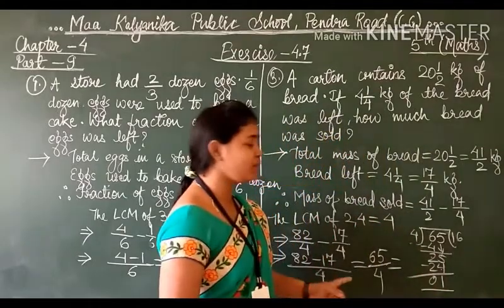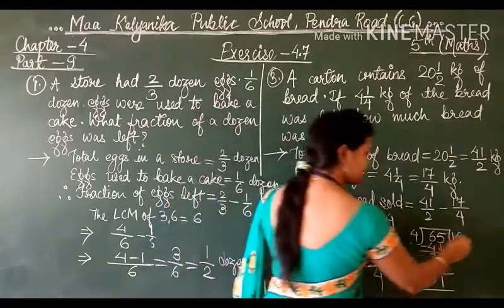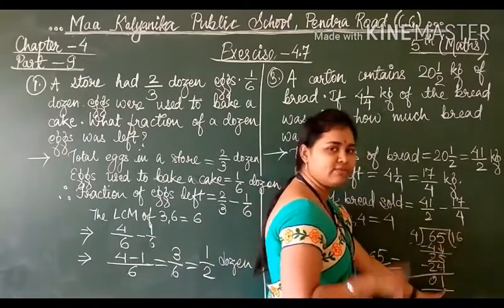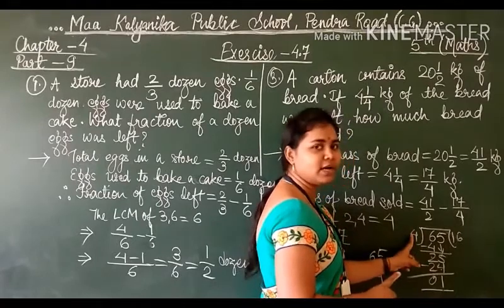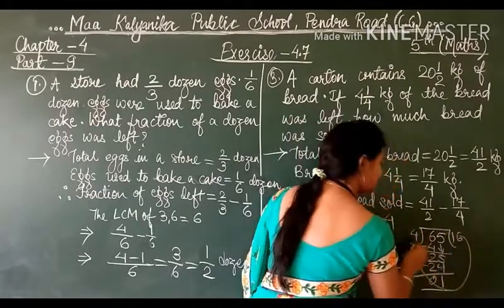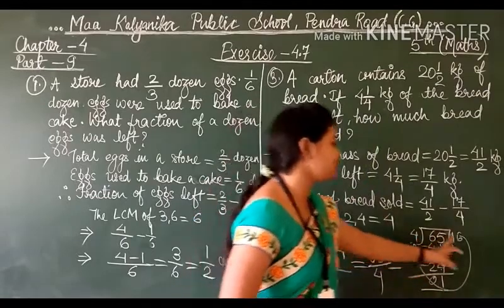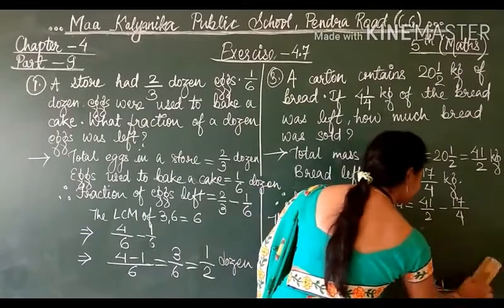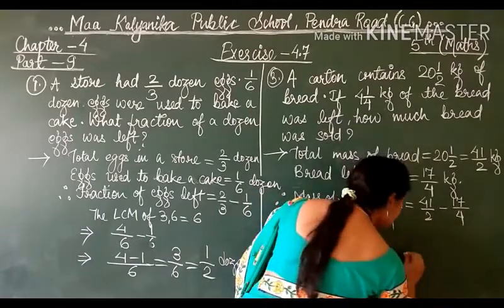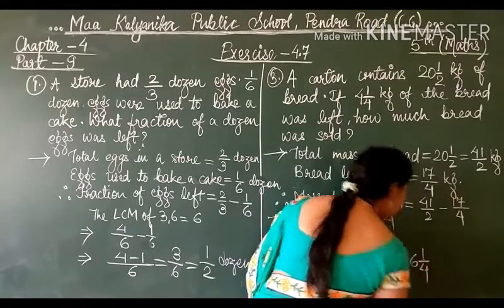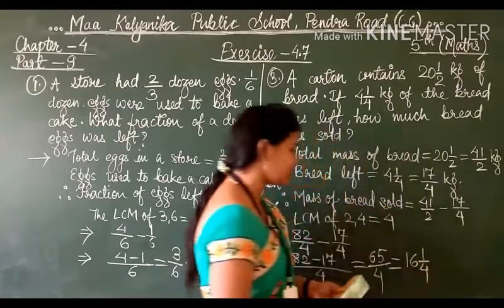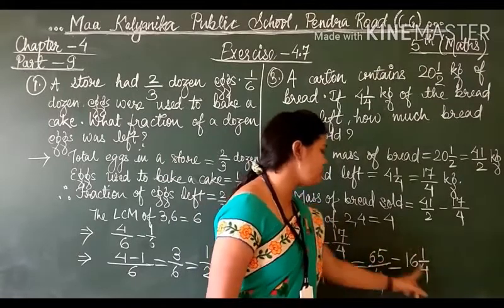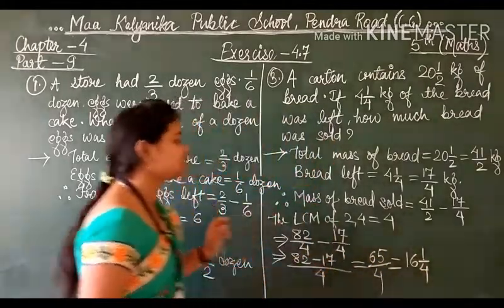Now as I had told you, you have to see clockwise. So 16 first. The quotient will be the whole number, the remainder will be the numerator, and the divisor will be the denominator, like this clockwise. Which fraction are we getting? 16 1 by 4. So remember 16 1 by 4. Now write here 16 1 by 4. Once again we can check whether it is correct or not. 16 fours are 64 plus 1, 65, and the denominator is 4. Yes, our answer is correct.